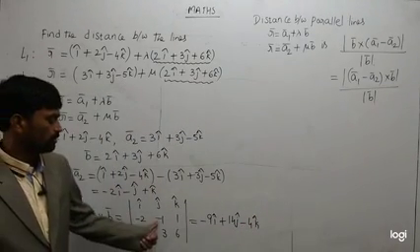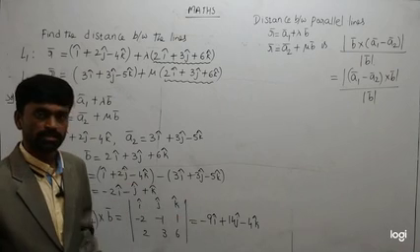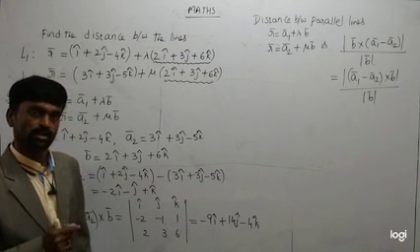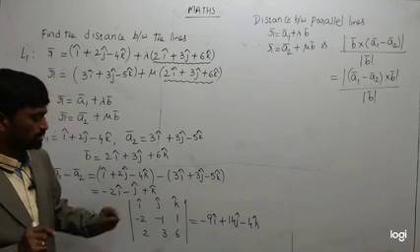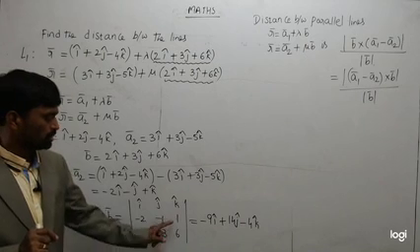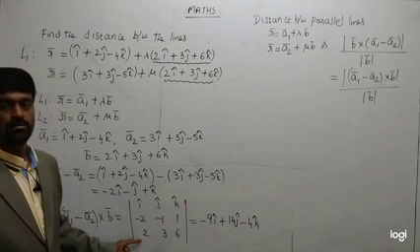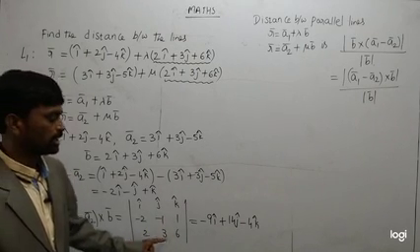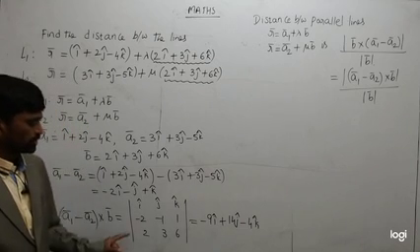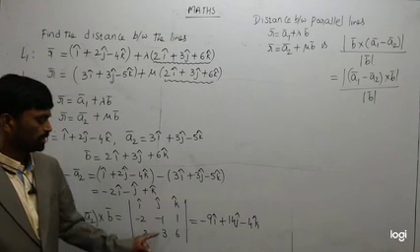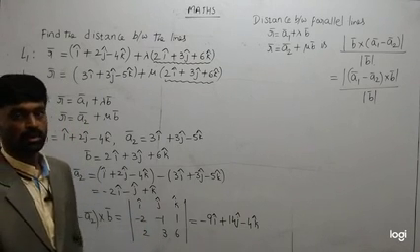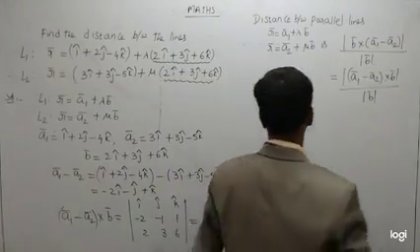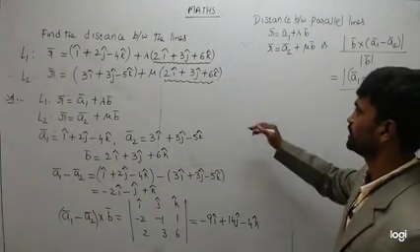I cap into minus 6 minus 3, minus 9. I cap into minus 9, minus 9 i cap. Next minus j cap into minus 12 minus 2, so minus 14. Minus 14 into minus j cap is plus 14j cap. Next k cap into minus 6 plus 2. Minus 6 plus 2 is minus 4. So minus 4k cap.